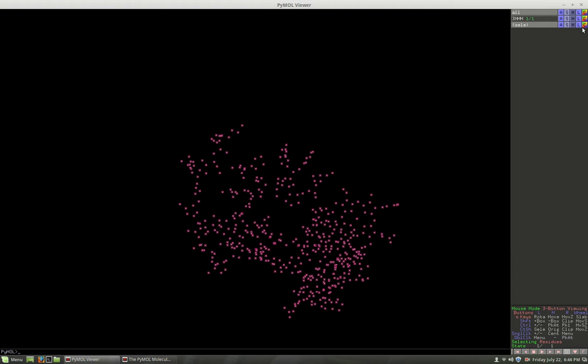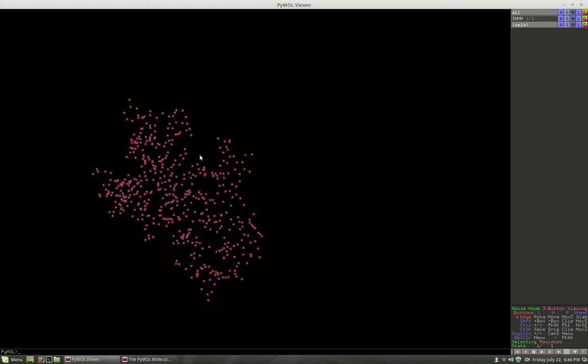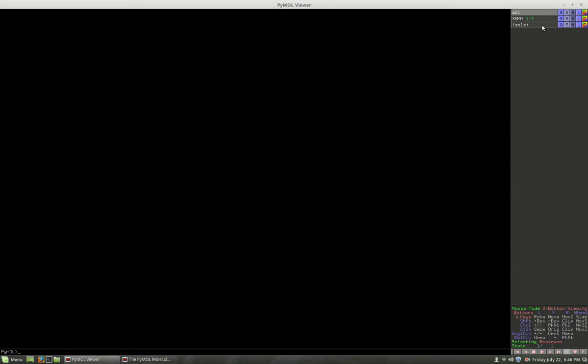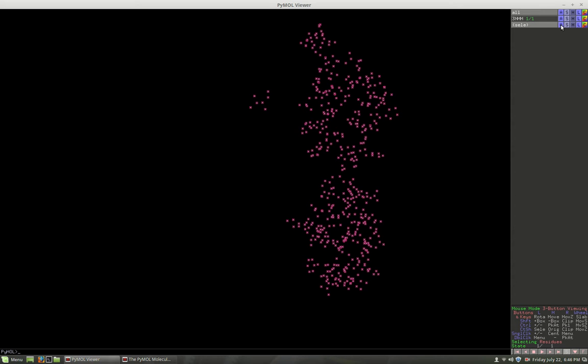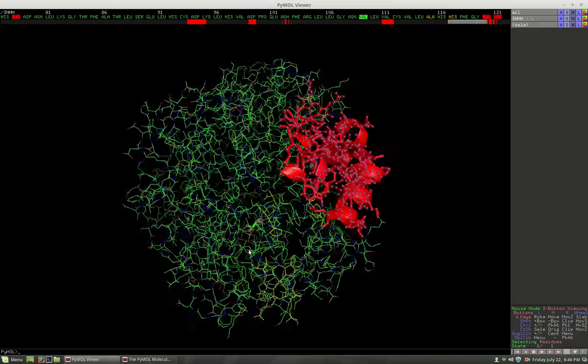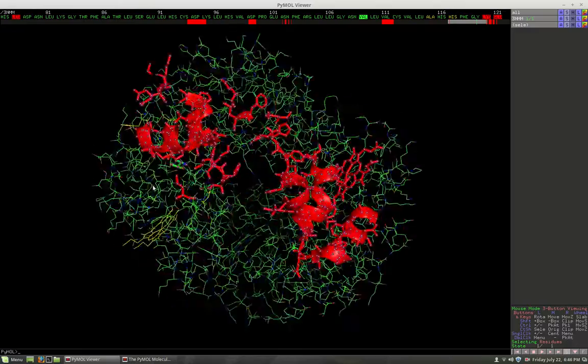So let's choose the selected piece, and let's go to show and cartoon. Cartoon doesn't show anything. Do lines. How about sticks? How about ribbons? Nothing shows here. You can rotate this, but you really don't see anything, unless you bring back the whole molecule. But of course I bring it back,